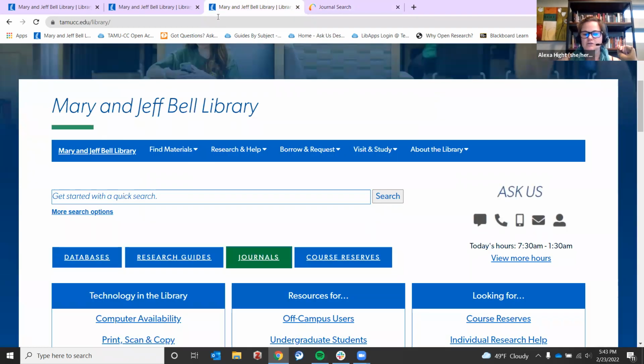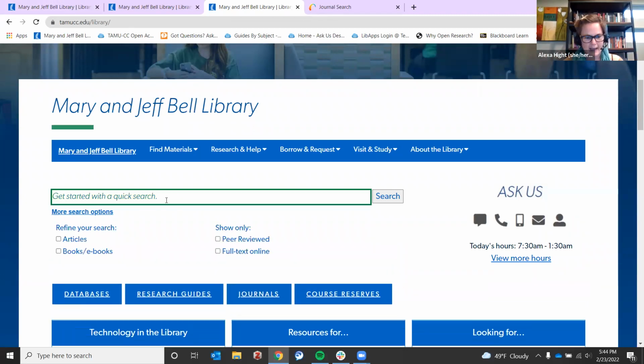So I'm going to go over briefly how to do searching in the library's quick search database. Some of this might be very repetitive for you. Maybe I might show you something that you haven't seen before, or forgot about. That's often the case with me: if I don't do this regularly, I will forget about the options that I have.